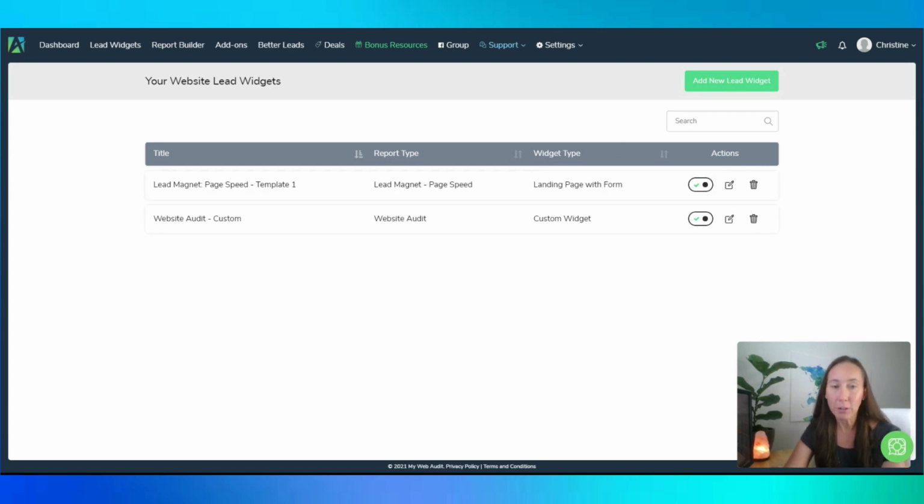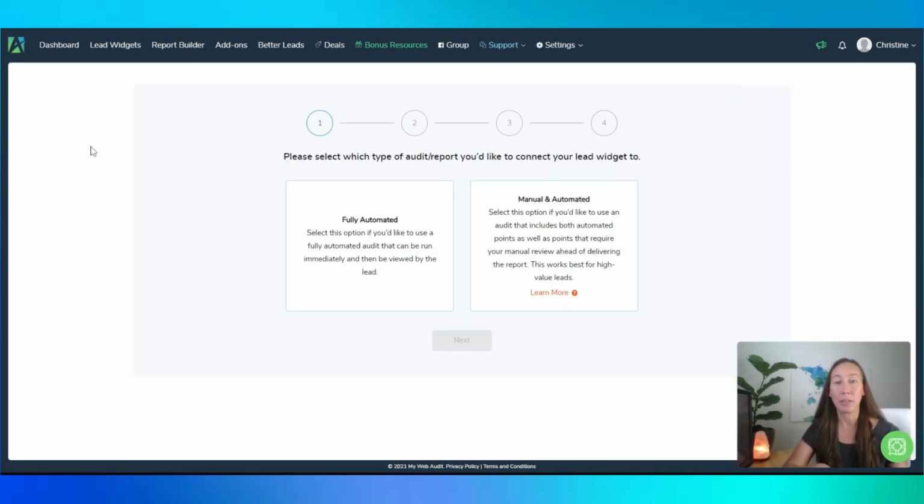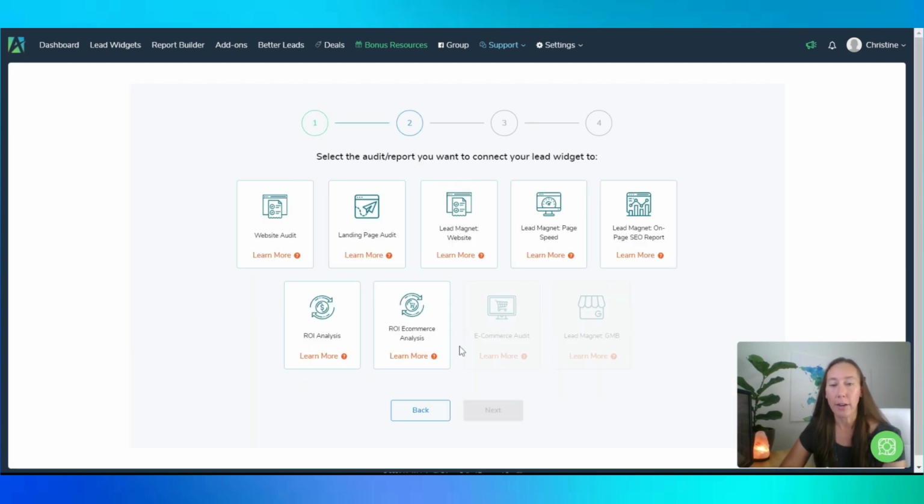Now, what's particularly neat is that you're able to create an ROI analysis. So they have different widgets. So let me show you here. If we click on add new lead widget, we're going to be able to add an actual lead widget to the agency website. So this is where a prospective client is able to come in, put in their contact information, and receive valuable information back. And then you instantly have that lead once they have filled it out, and you have their contact information to follow up. So all we have to do here is we click on fully automated, click on next,